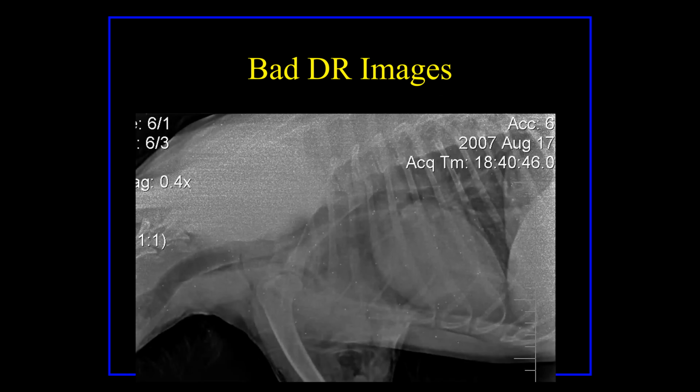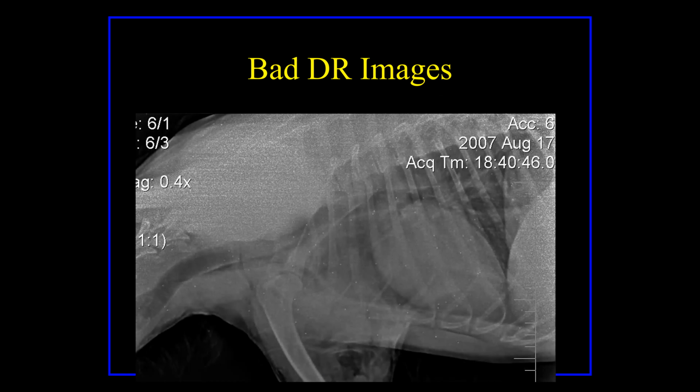Here's another image. Would you be happy that you just dropped 30 grand on this system? Is there any part of this image that looks like crap that you can't see? Yeah, about half of it. This part in the chest looks pretty good. I don't know what's going on here. It's some kind of digital artifact that's really grainy and I really can't see anything. And this looks horrible up in here. I don't know what's going on here. So, again,